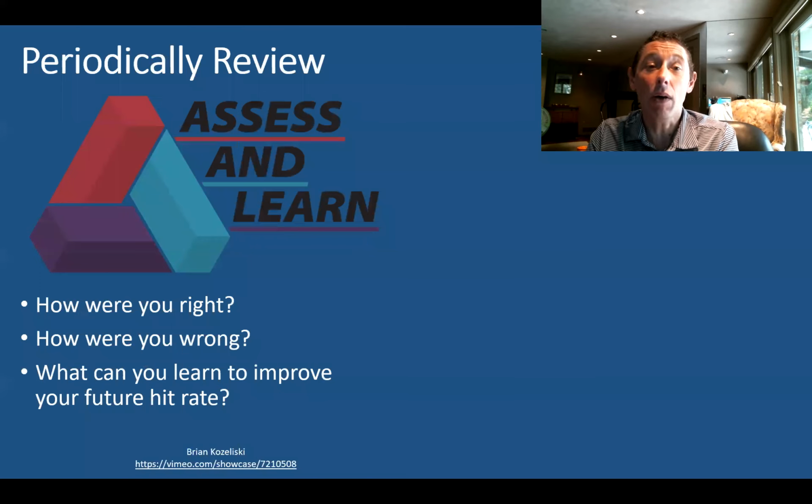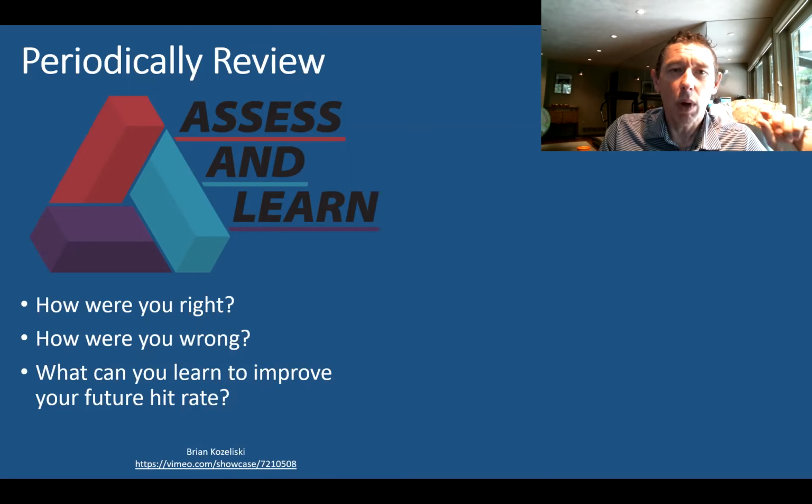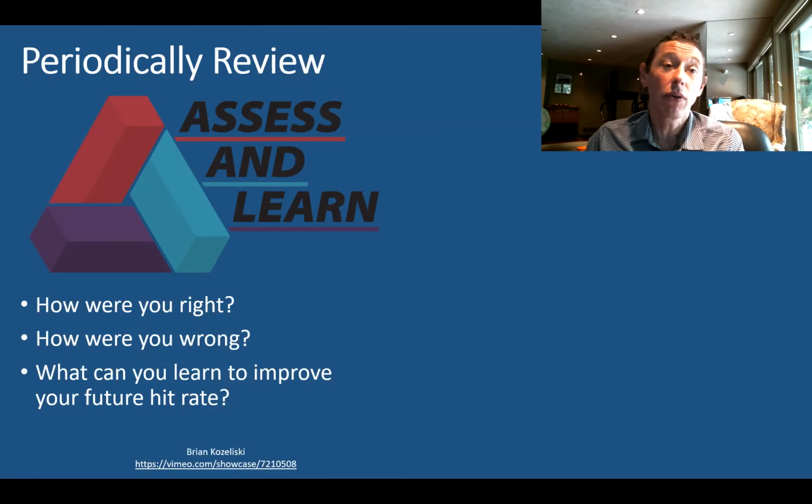Okay. Now, what you're going to do with this information is periodically review it, once a quarter, once a year, whatever it might be. You're going to figure out, in terms of what was going to happen for the stock to outperform, how was I right? In terms of what could happen in terms of how I misforecasted things, how was I right in that regard too? So you're going to think about how was I right? How was I wrong? In all cases here, you're trying to figure out your biases. What am I doing right and wrong here? What can you learn from this periodic review of what your forecasting was? How can I learn to improve my future hit rate of assets outperforming or assets underperforming?